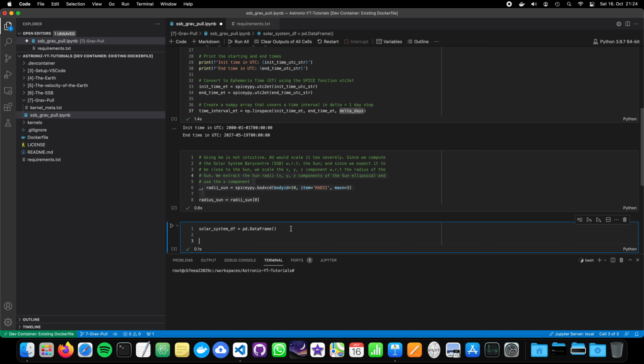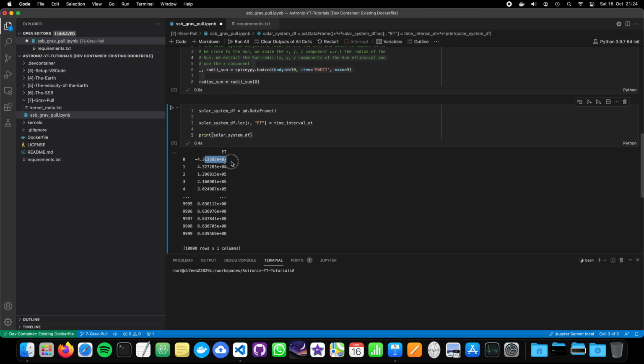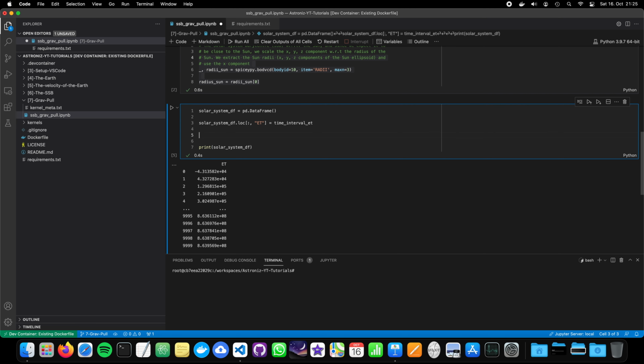Now let's run maybe everything so that the cells are working perfectly. And the first step is we are adding our ephemeris time. So we are allocating the ephemeris time and take the time interval et. And maybe let's print also the solar system df to see what happens. And there we see this is the ephemeris time, the first column. So let's keep this print command to see how our